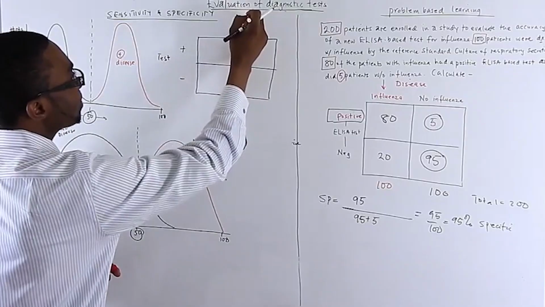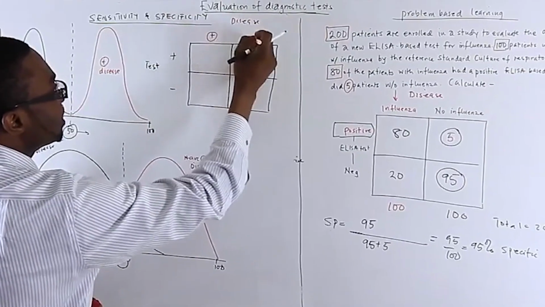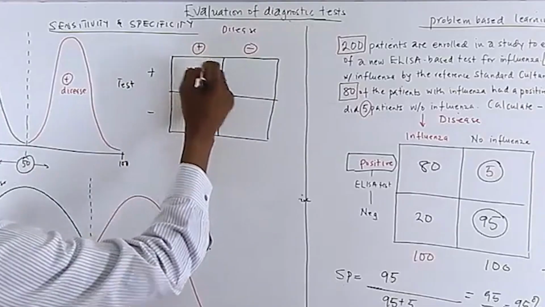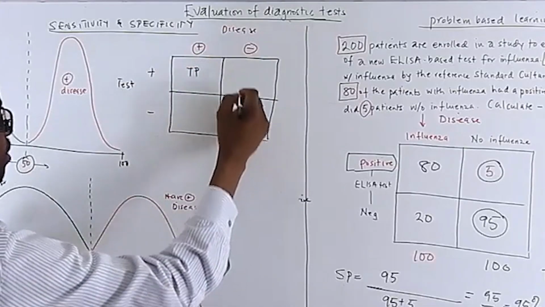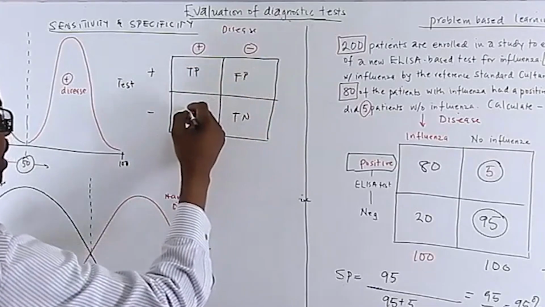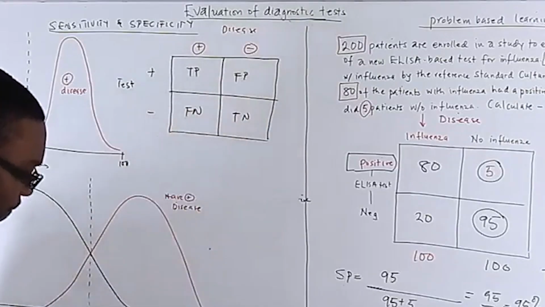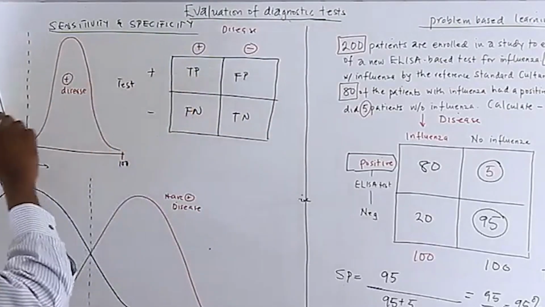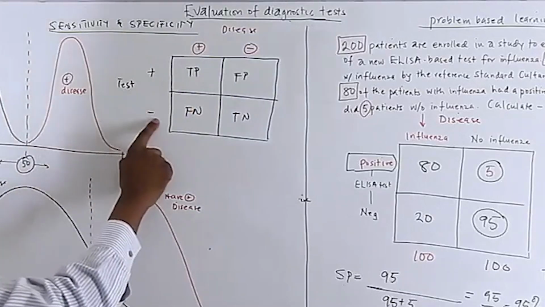And you can either have the disease, test positive for disease, or test negative for the disease. True positive, true negative, false positive, and false negative. So when we order a test, right, and patients test negative for the disease,